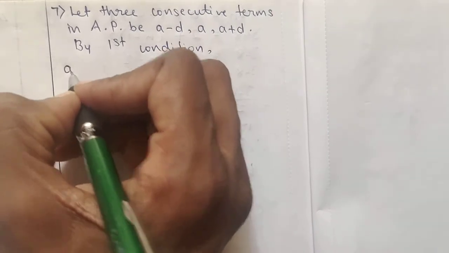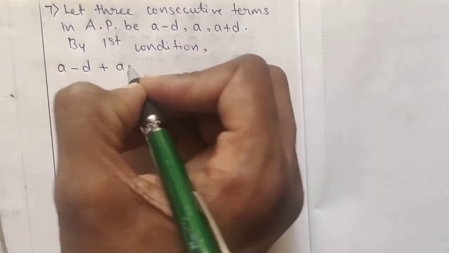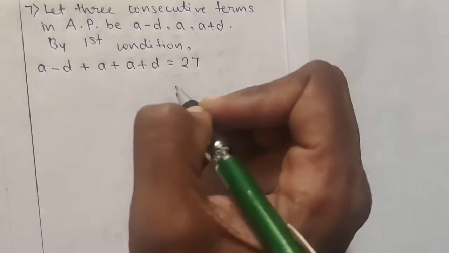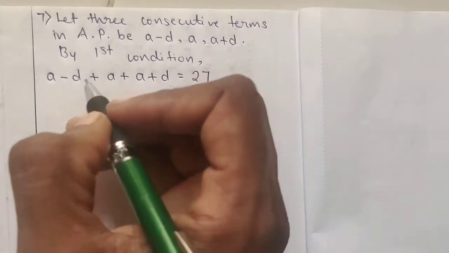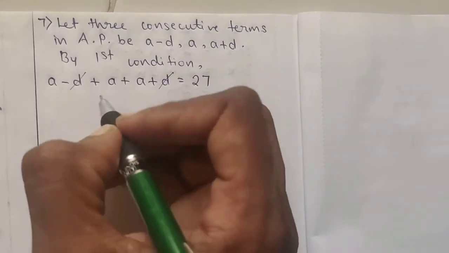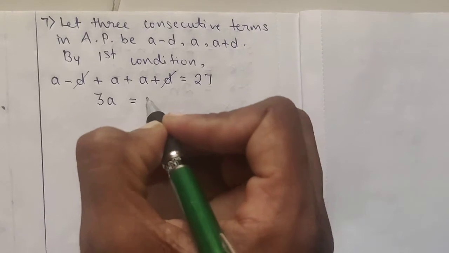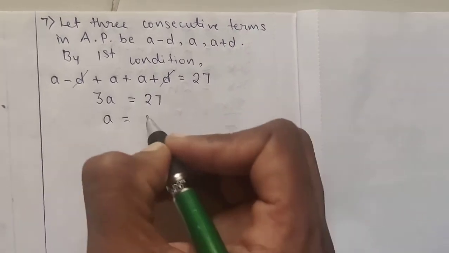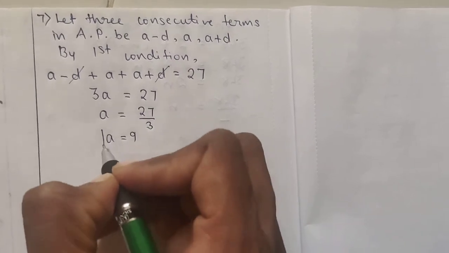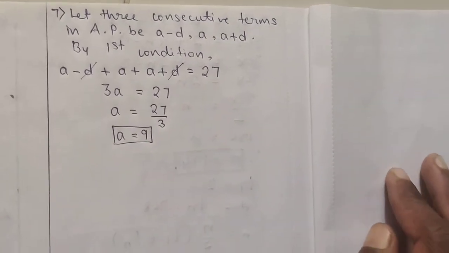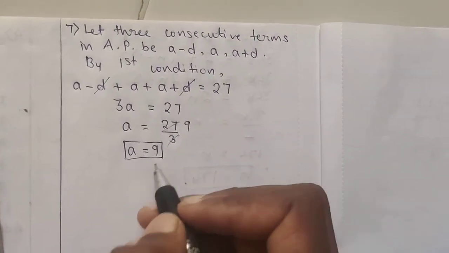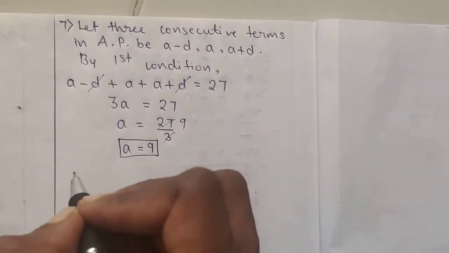What is given to us, addition of all these 3, that is sum of all these 3 terms is given to us, that is 27. Okay, now let us simplify this. This minus d and plus d get cancelled, so this is a, so 3a. Okay, now let us transfer this 3, so this becomes 27 upon 3, and you know 27 upon 3 means what? 3 9s are 27. Okay, if you do cancellation you can do it. So 3 9s, so finally you are going to get a equals to 9.